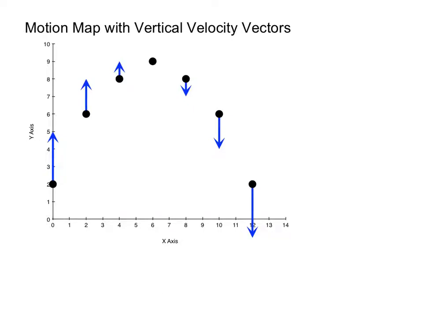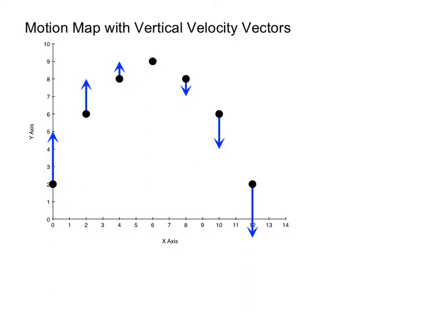Okay, and here I have the motion map if we were to only look at the velocity vectors that take place in the vertical direction. So here in the initial position, it starts off traveling in the positive direction, and it's the fastest there. It starts slowing down, still traveling in the positive direction,